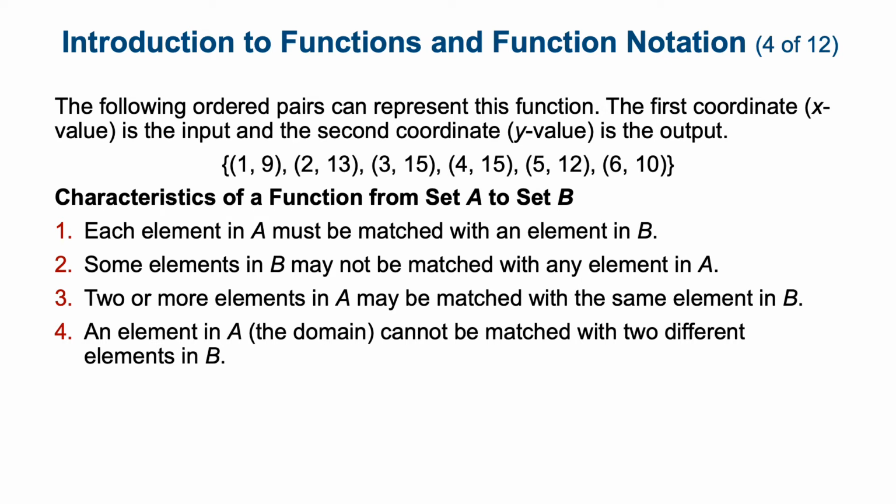So a function is that every element in A must be matched with an element in B. Now, some elements in B may not be matched with any element in A. So 2 or more elements in A can be matched with the same item in B. However, an element in A cannot be matched with 2 different elements in B,